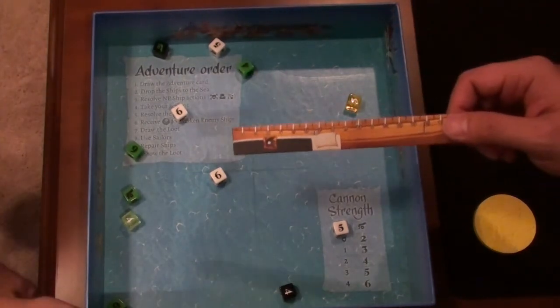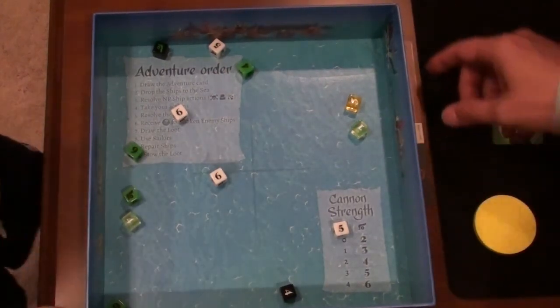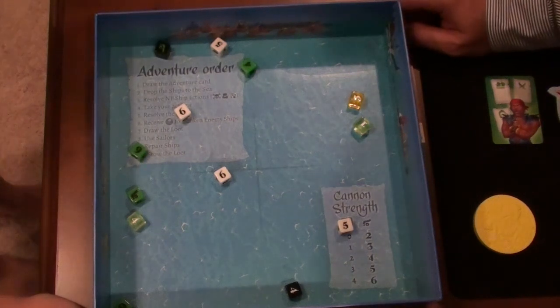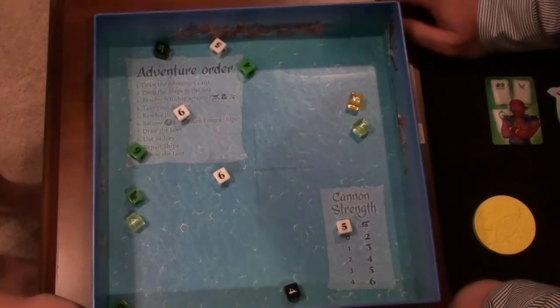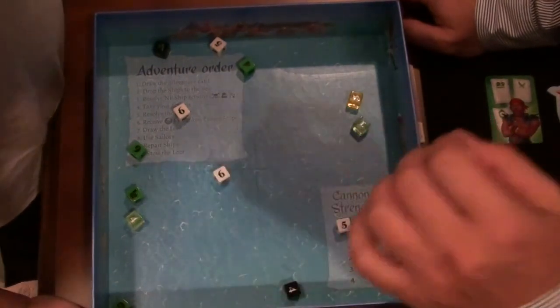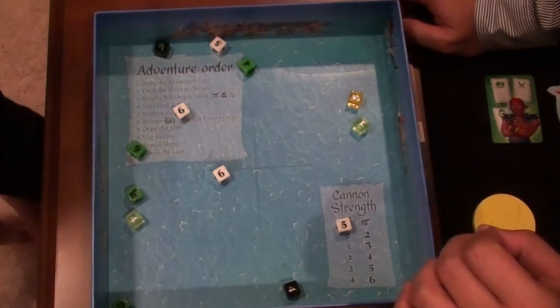We can't do any player action, so now we're going to resolve the battle. The battle phase is pretty straightforward. We look for any one of the NP dice, any one of these 3, and they go to battle with the closest